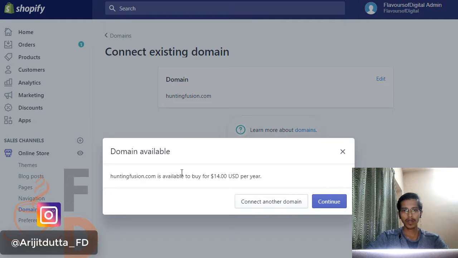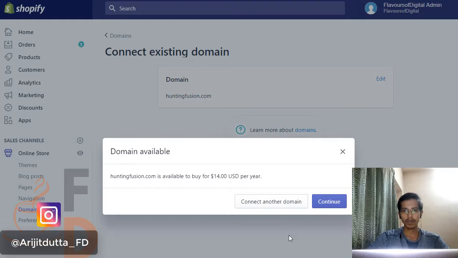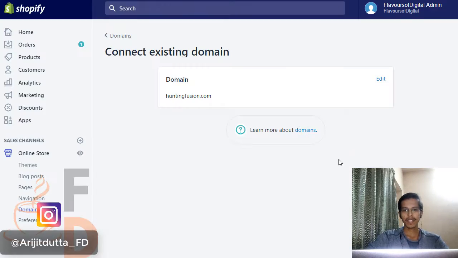Shopify is going to ask you whether this domain has been purchased or not. Because this domain is not yet purchased, you can see from here that it was not purchased, so Shopify is asking us to pay $14 to purchase the domain from their end. Don't go for this one. You can just go to Google and find cheaper domains for $1, $2, or even $10. Just save a little bit if you can. Once you find that, enter the domain name, hit enter, and it will start propagating all the domain information automatically to Shopify.